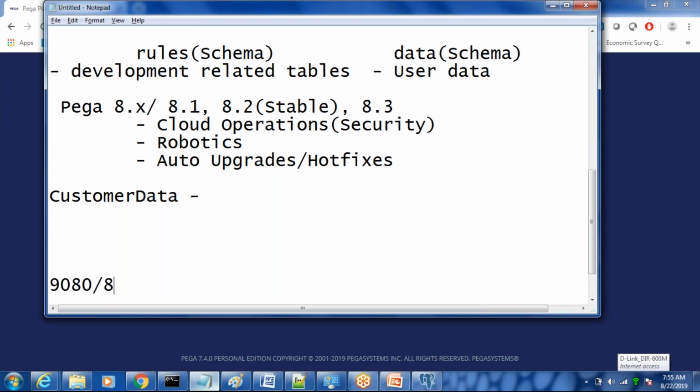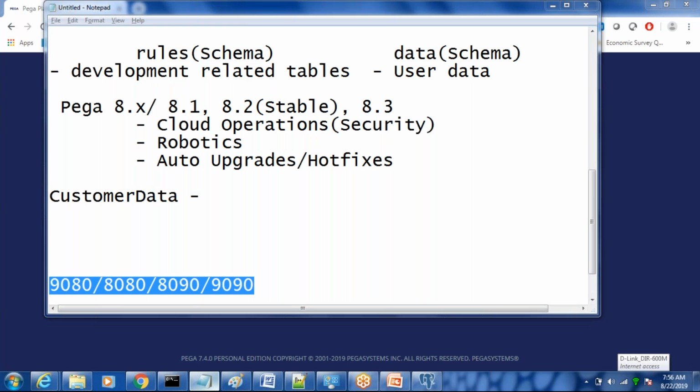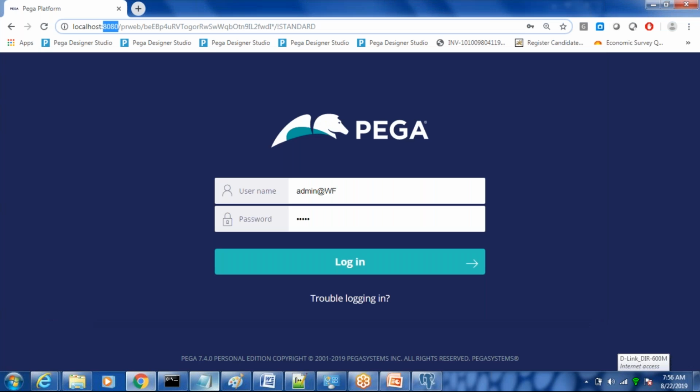There are different port numbers. In general, whenever the server is running, the server will choose these set of port numbers, or 8090 or 9090. These are the different port numbers that a server chooses whenever we try to run it. By default you can go with 8080 unless you are running any other software, any other server in your system. If you go with default settings during the server installation without any changes, you can specify localhost colon 8080.